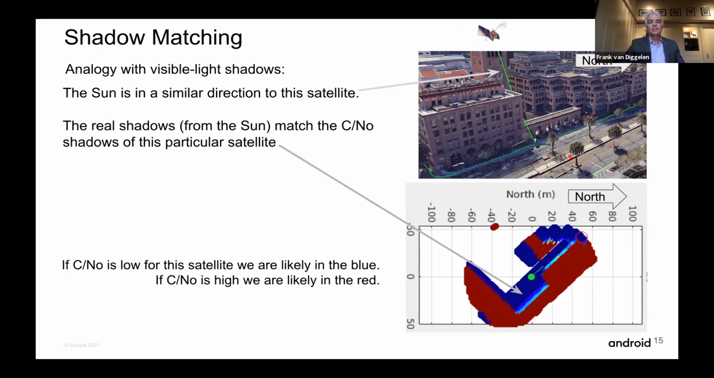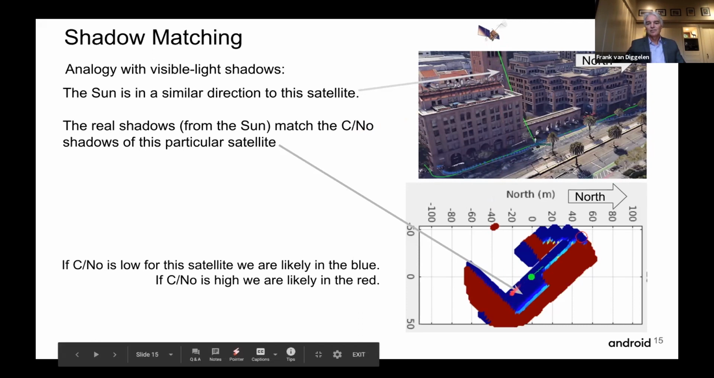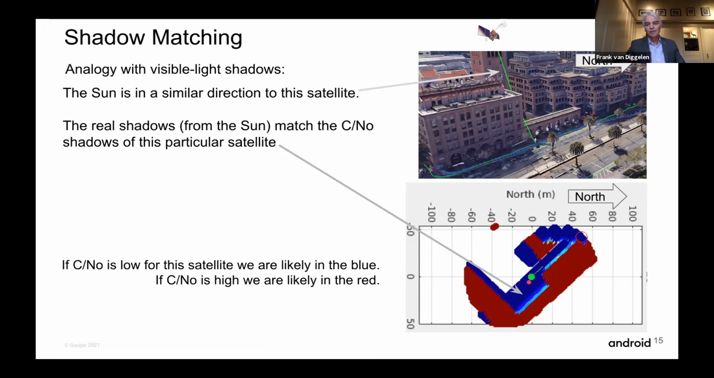Well, shadow matching is doing the same thing with satellite signal strength, typically measured by carrier to noise density ratio, CN0, in the phone. And so with this particular satellite, there is a satellite in this location, in this example, and this is the heat map generated from the CN0. If the CN0 is weak, you'd expect to be in the blue, because that's the shadow of the buildings from the satellite's point of view. And if the CN0 is strong, you expect to be in this brownish red area. You do this for all the satellites, you can do a good job of figuring out where you are just from these shadows. So all you have to know is the difference between a strong signal and a weak signal,